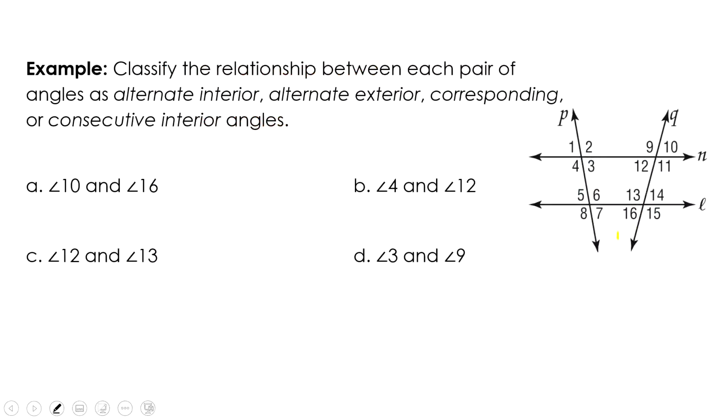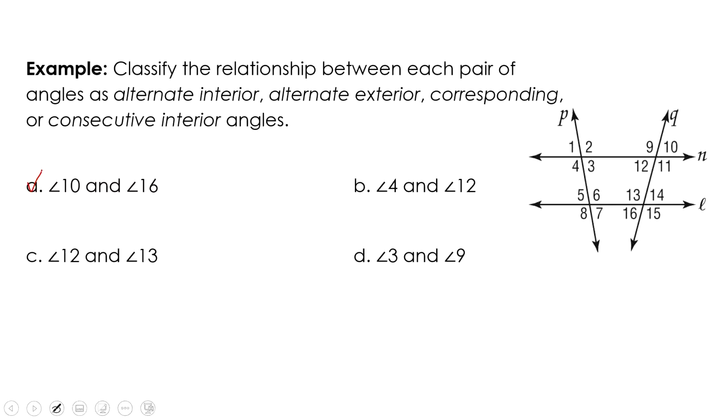All right, let's move on. We have an example now. We are asked from the diagram to classify four pairs of angles, whether they're alternate interior, alternate exterior, corresponding, or consecutive. So I'm looking for angles. A is angle 10 and angle 16. The complicated part of this is there are really four